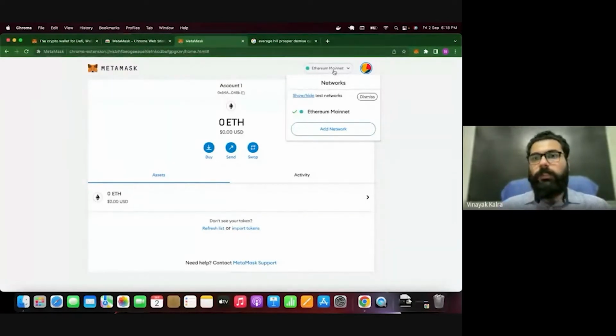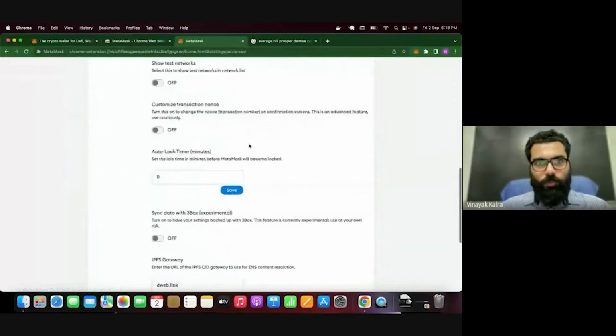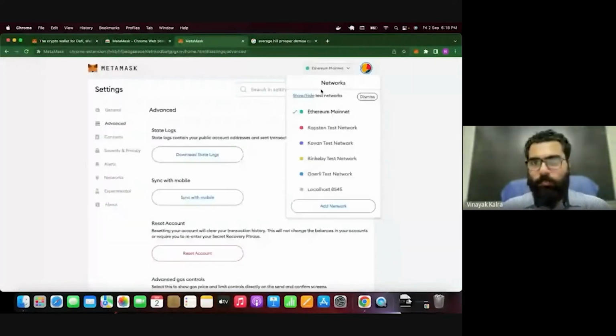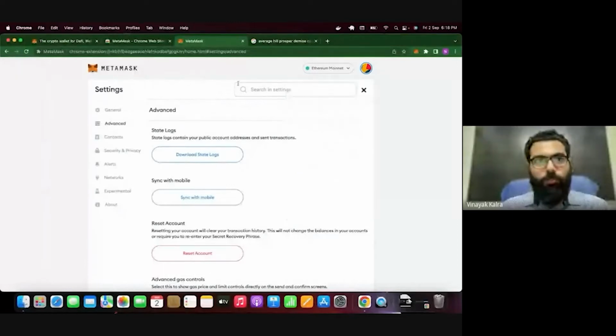MetaMask. So you can simply go to show and hide test network. You can switch it on, and you'll see that all the test networks are also visible now. These are some of the Ethereum test networks. You can add a custom network to it as well. Not just that, if you want,